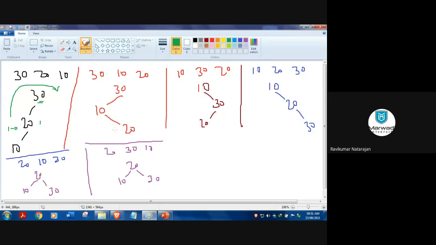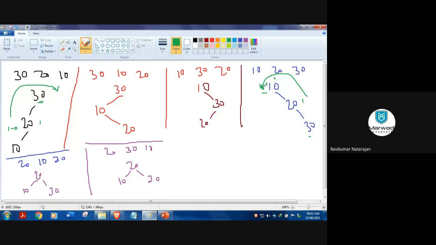Then how about the second one? What kind of rotations are possible? How we can rotate and balance. Okay, let's go to this last one, since this is similar to this. So which side I should rotate? Again here, which is not balanced? 10 is not balanced, right? So this is 0 and this could be 1 and this is 2. I'm talking about height. So 10 is not balanced.